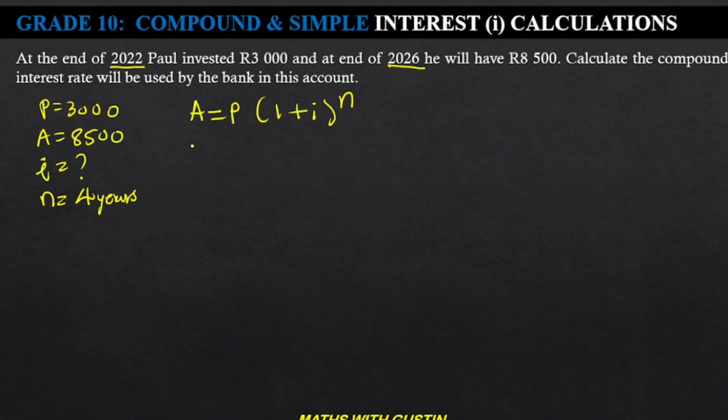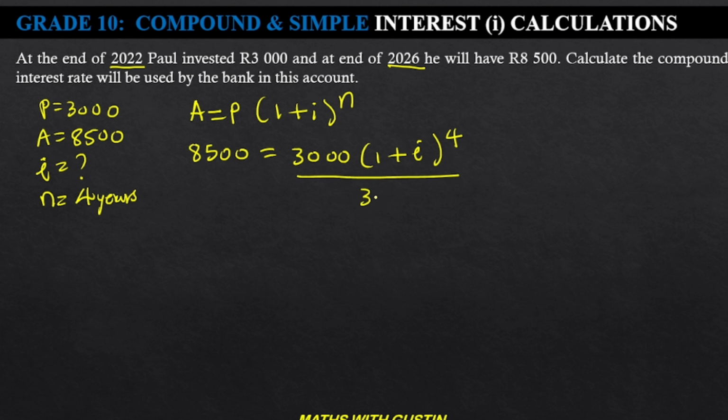All right, and then 8,500. The question is requiring us to calculate I for how many years? For 4 years. So what do you do in this case? You are going to divide by 3,000. Like I said previously, guys, I prefer that you only use the calculator at the end so that you don't make a mistake. Great stuff. So 8,500 over 3,000 is equal to 1 plus I